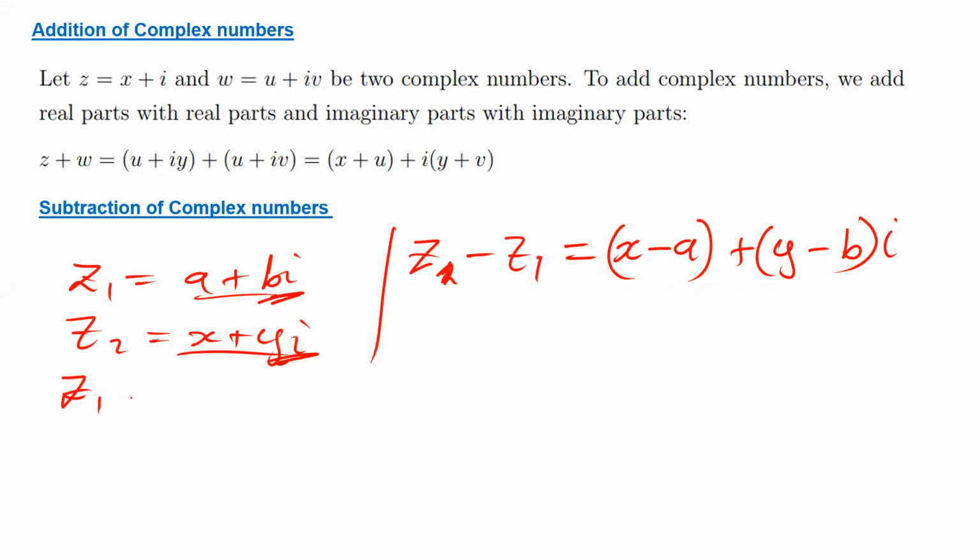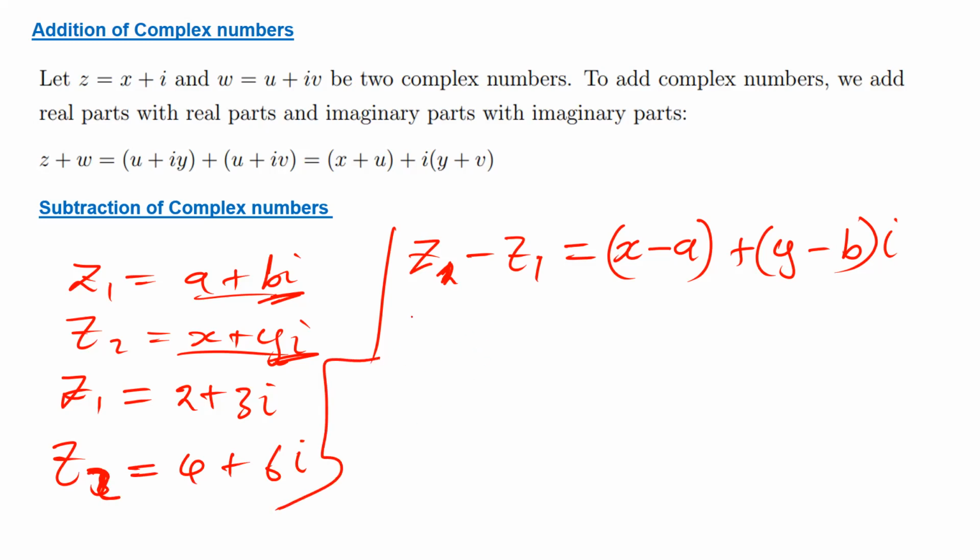So we have Z1 as 2 plus 3i. Then we have Z2 as 4 plus 6i. So subtracting Z1 from Z2,